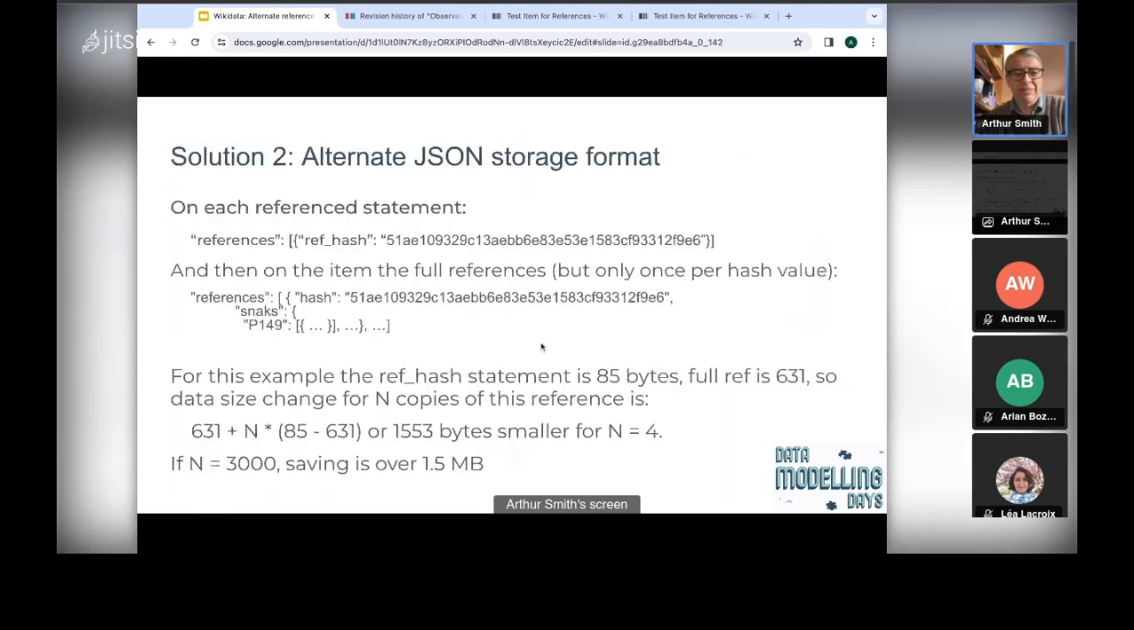Mahir pointed that out too. So here's a suggestion for an alternative storage format in the JSON. Instead of storing the reference on each statement in full, just store the hash to the reference, and then on the item, at the end somewhere else in the JSON, store a references section with the full hash, but only once for each of these references. So in this example,